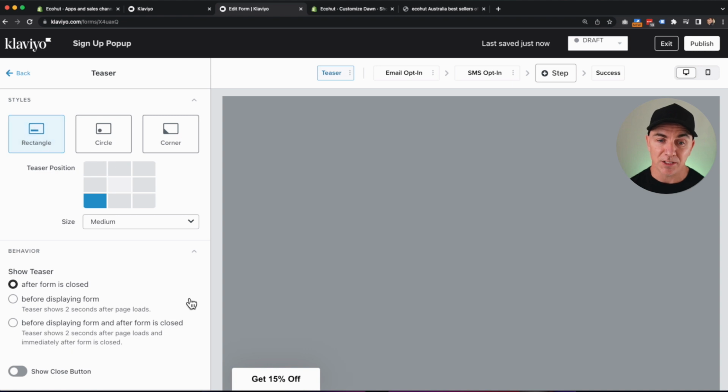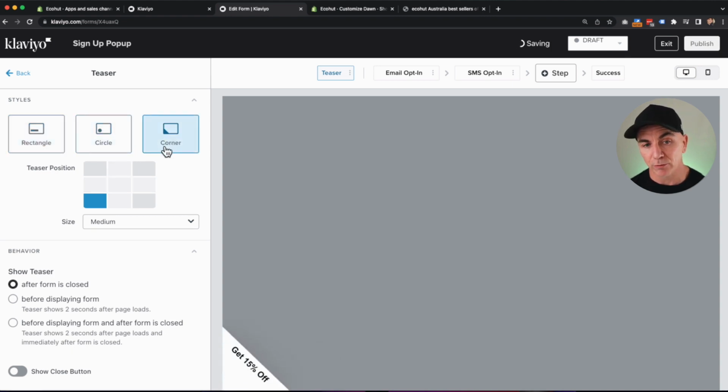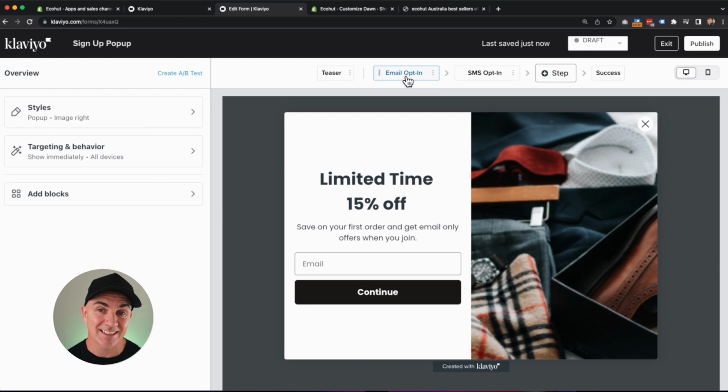So you can either have it as a rectangle, we can see here, you can have it as a circle, or we can have it as a corner. Really, really cool. And then when they click that teaser, it's now going to bring the pop-up up, just like this. Once the person's filled out the pop-up, they're going to be taken to a second stage, and that's the